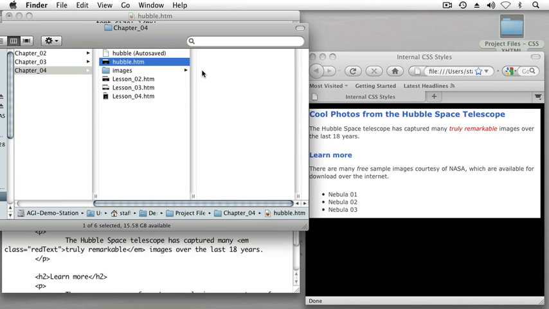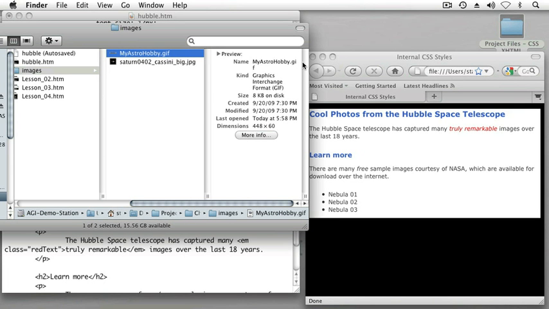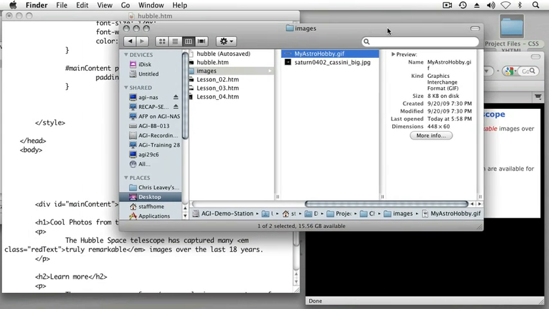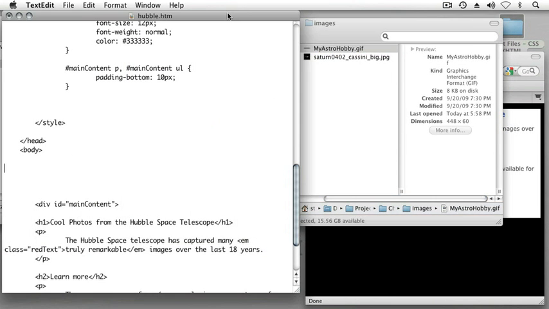Now, when hubble.htm is loaded by the web browser, we need to tell the web browser to look for our banner. But we also need to tell the web browser that when it's looking for our banner, it needs to look in the images directory and find this file, myastrohobby.gif. Let's just bear this in mind as we get started bringing this image into our page. So I'll put my Finder window, or Windows Explorer on the PC, over to the side, switch back over to my HTML file,